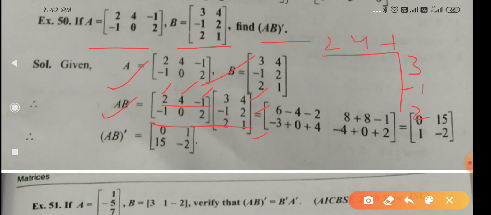Now how can you multiply? First term will be multiplied by first term, second term by second term, and third term by third term, like this. So if you multiply 2 multiplied by 3, it will become 6. Then plus sign will come, 6 plus 4 multiplied by minus 1, it will become minus 4, plus 1 multiplied by 2, minus 1 multiplied by 2, minus 2 it will become. So it is coming finally 6 minus 6, 0. So you can see here it is coming 0.